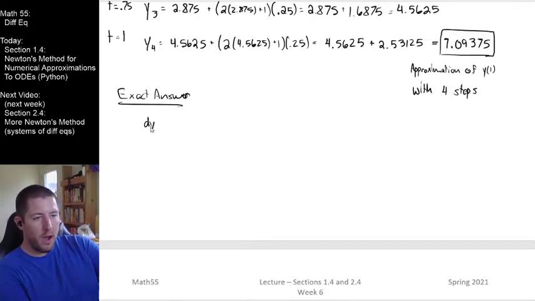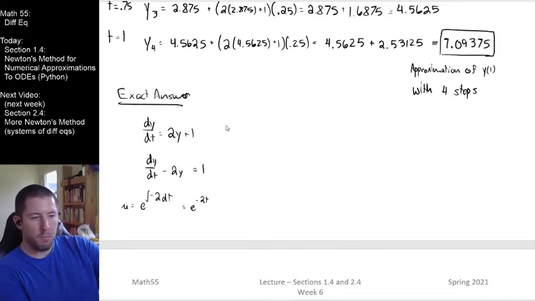So we've got dy/dt equals 2y plus 1. It clearly is linear. dy/dt minus 2y equals 1. It looks like our integrating factor here, mu, is going to be e to the integral of negative 2 dt, which is e to the negative 2t. So I'm going to multiply everything by that. So we should get here then e to the negative 2t dy/dt